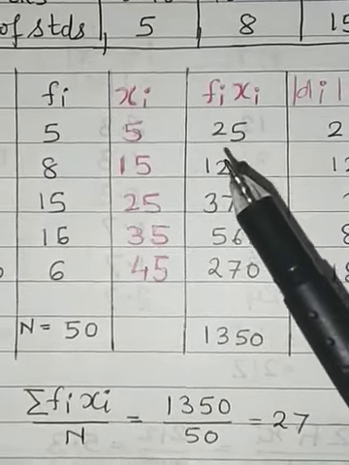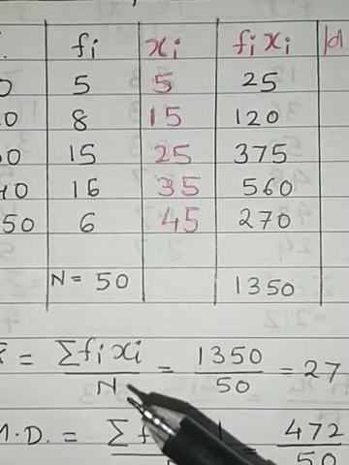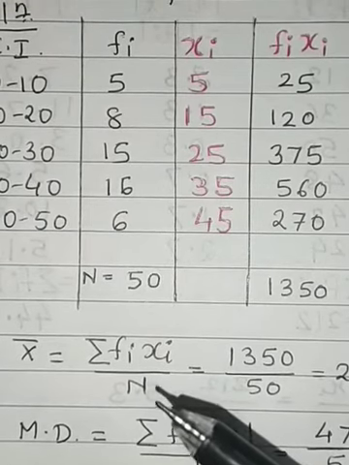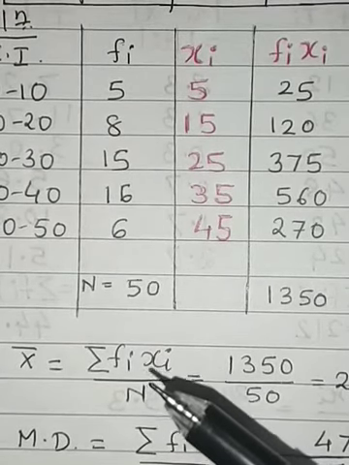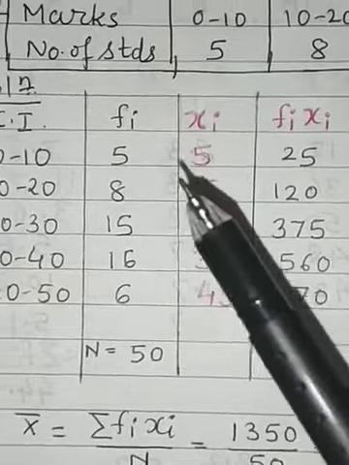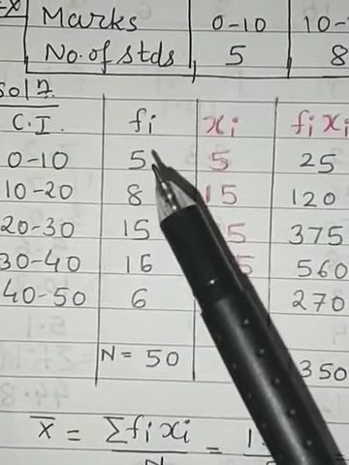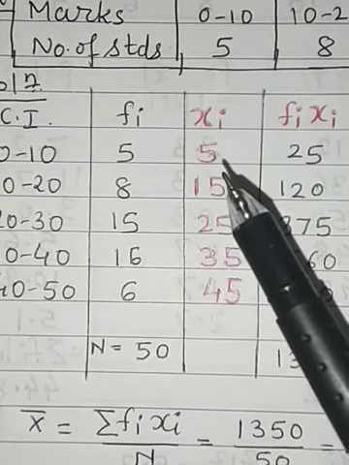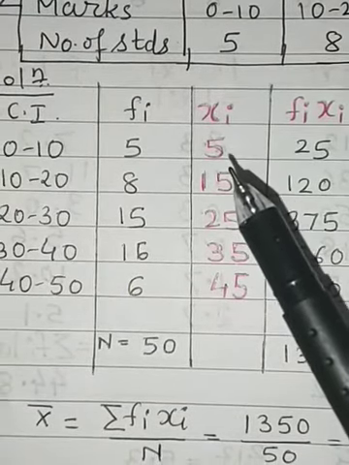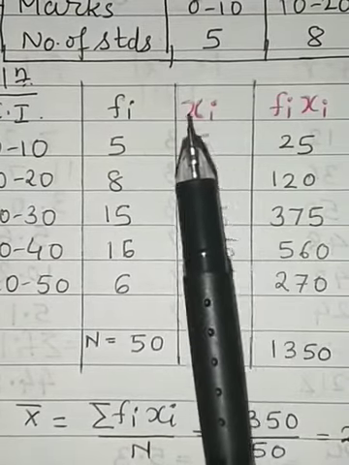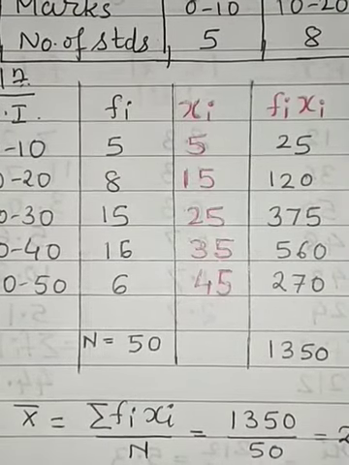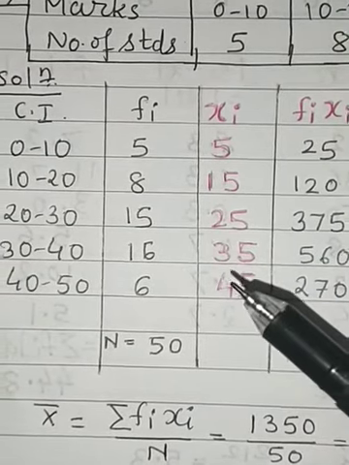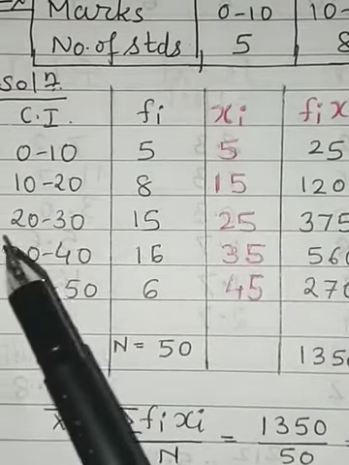Now the formula for x bar is summation Fi xi upon n. This is the formula for x bar, and please remember this. So for summation Fi xi, class interval and Fi are already given. We need to make a column xi now. All the columns from here onwards we have made with red ink. So xi is the midpoint of every class interval.